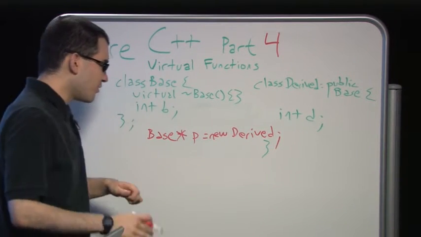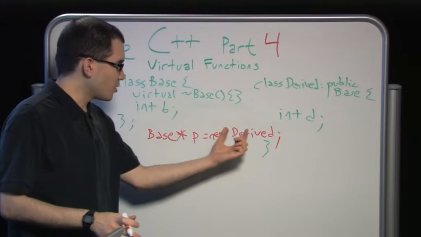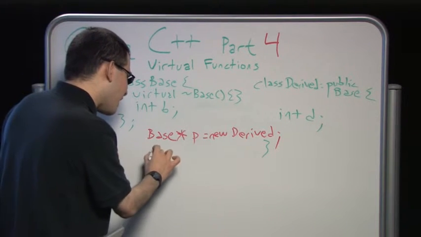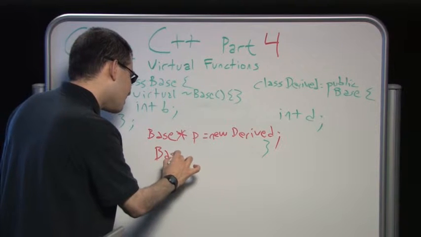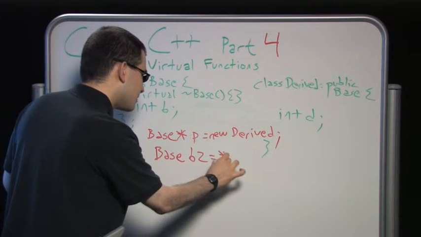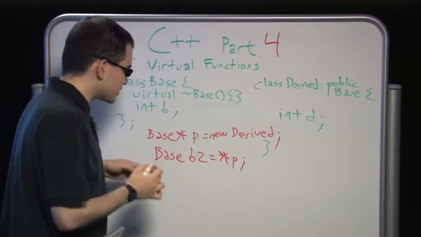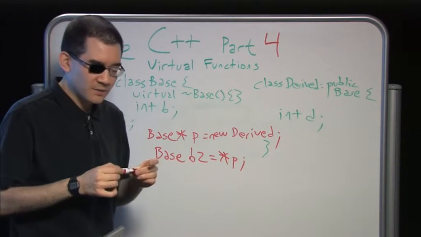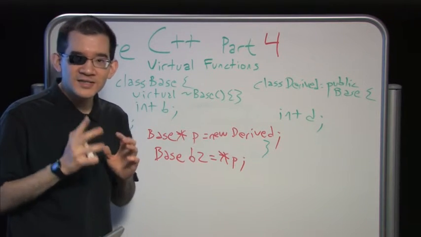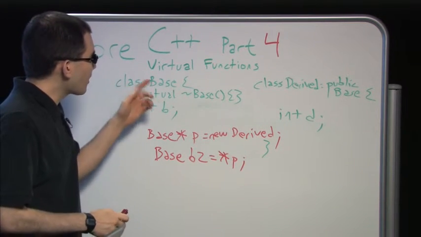Okay. So here everything's working fine. I'm newing up a derived, storing it to a pointer to base. And then I do something like, okay, I've got a base b2, and I'm going to say deref p, like this. So this will compile, and it will do things at runtime which are probably not expected, because what happens is